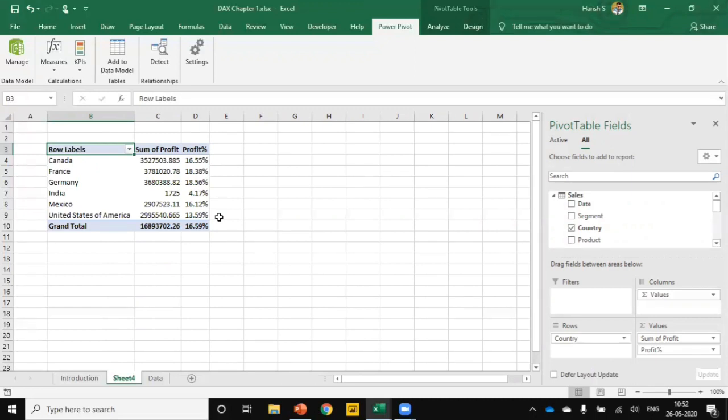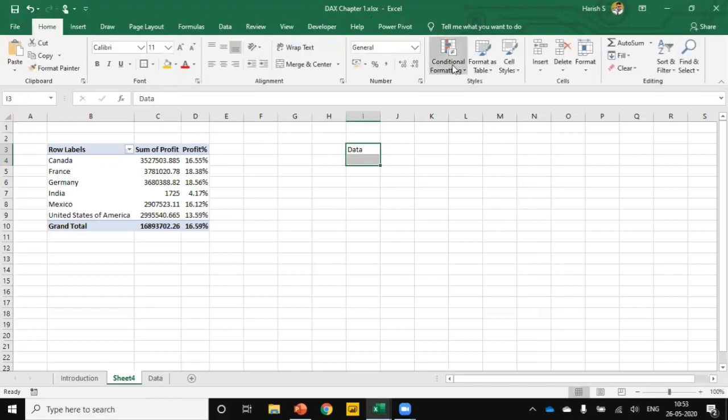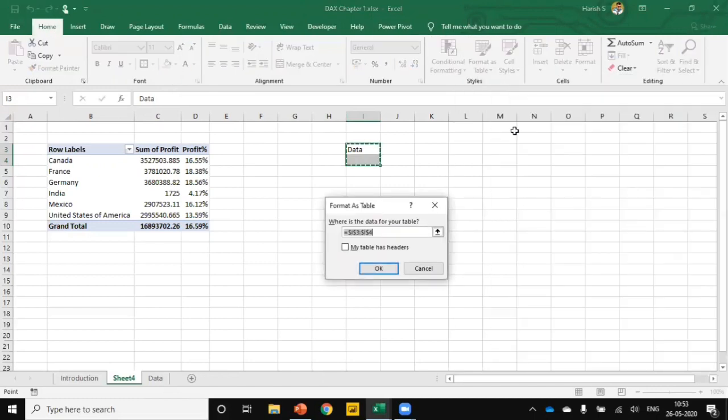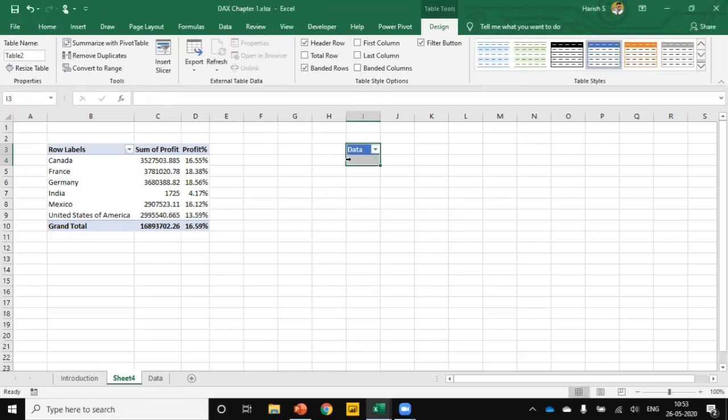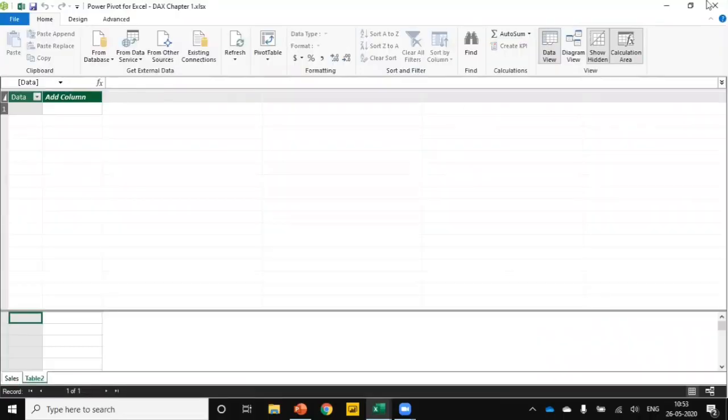Finally, we'll be creating a table function. So how do we create a table function in Excel? I'll be adding an empty table here. Data. Go to the Home, Format as Table. Select the format. My table has headers. Then click OK. Once you added the empty table, just upload this table into the Power Pivot tab. Add to data model. Now minimize this Power Pivot